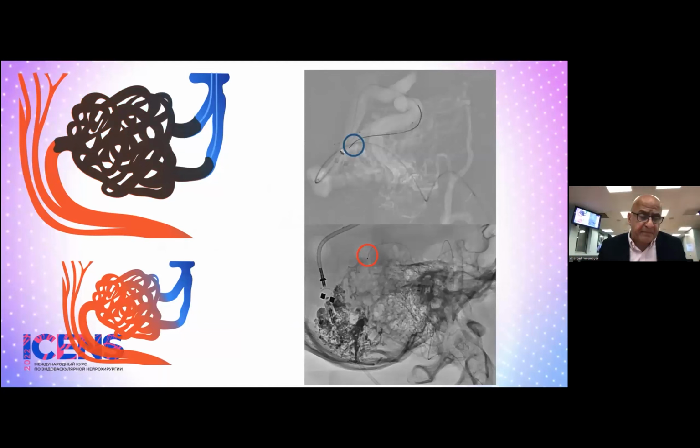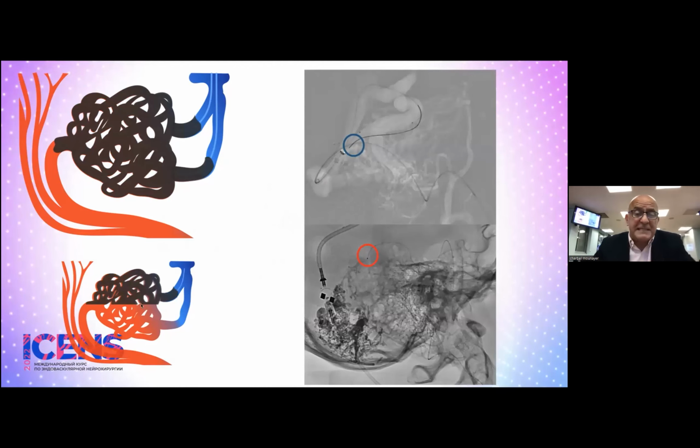was, let's say, bigger than 3 centimeters, and we had the high risk of bleeding if we treat it in one session. So in this case, we can decide to make a partial embolization, like we show it here, going by one microcatheter, putting the coils or whatever, but we respect the